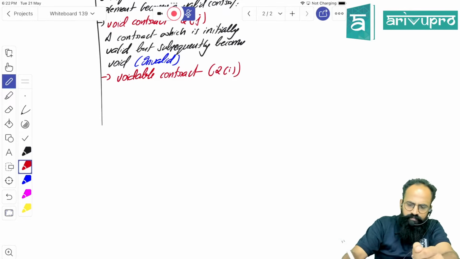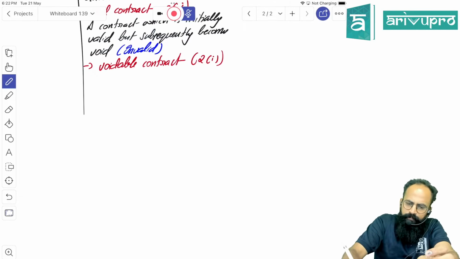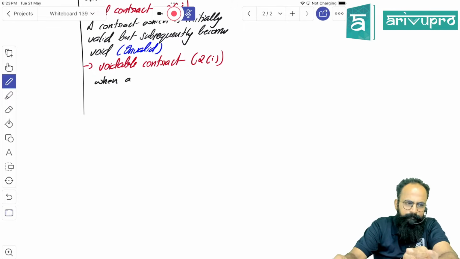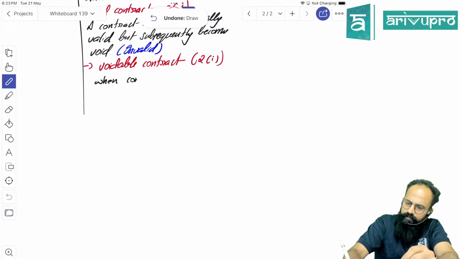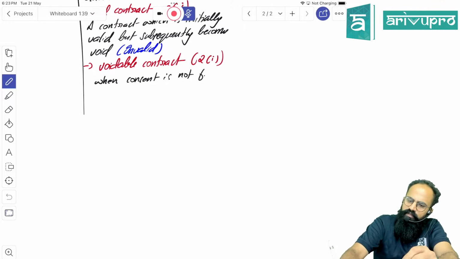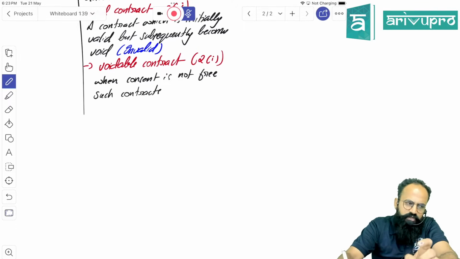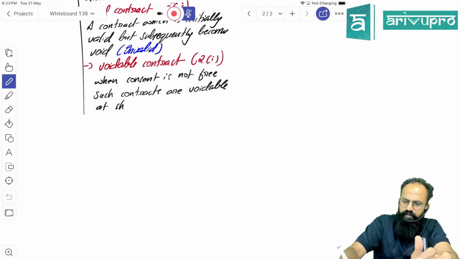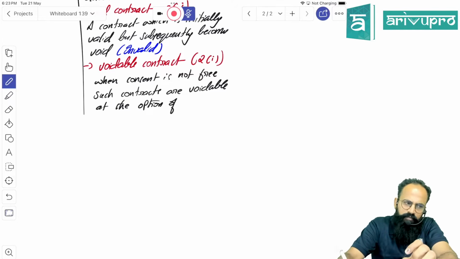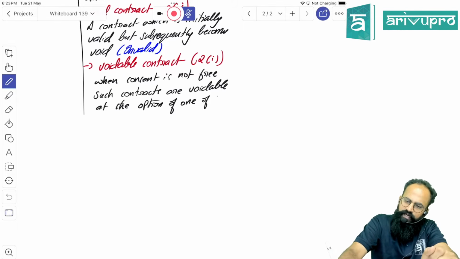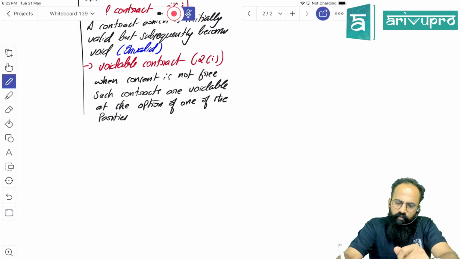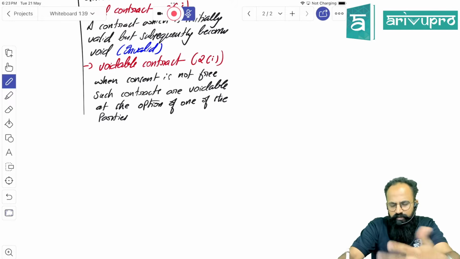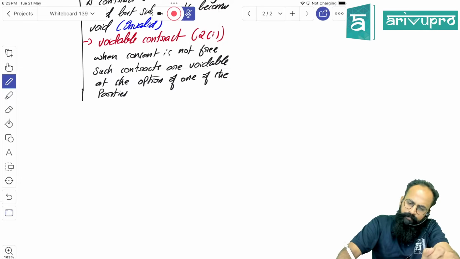Section 2, clause I. What is a voidable contract? When consent is not free, such contracts are voidable at the option of one of the parties. That is called a voidable contract. You can write "at the option of one of the parties." That's called voidable. The next one is called